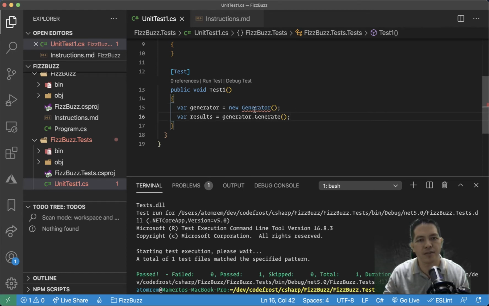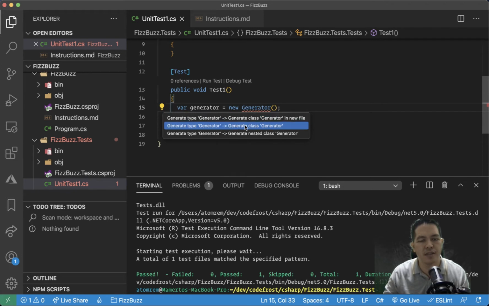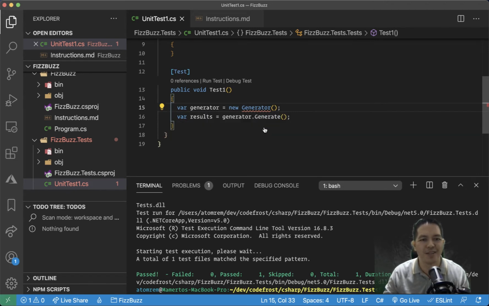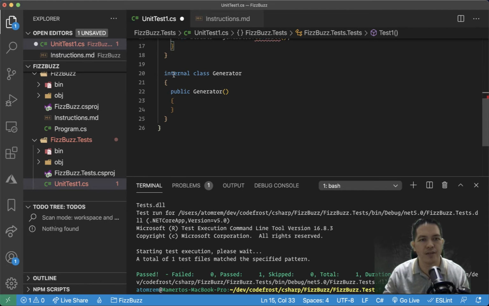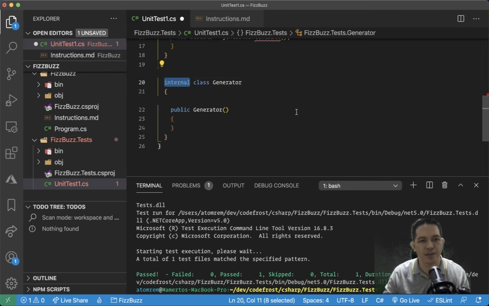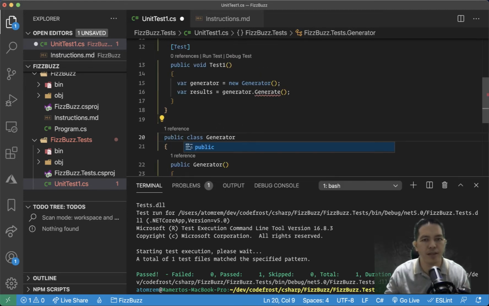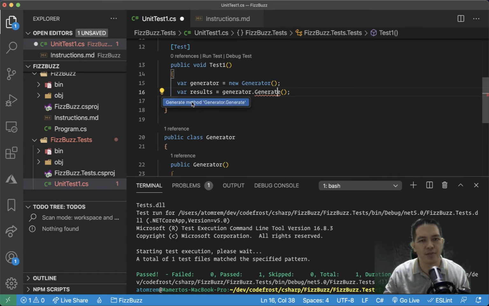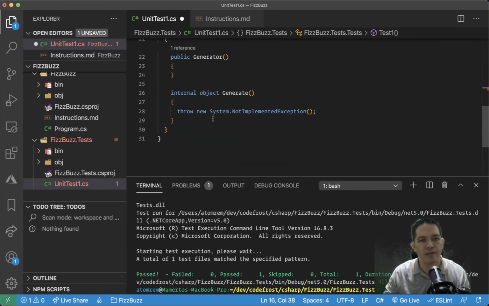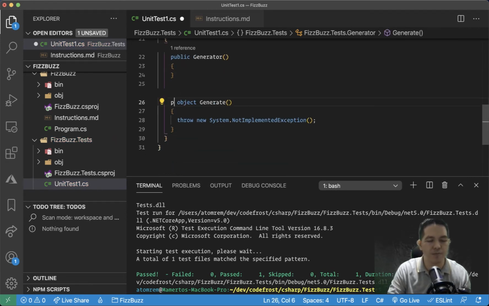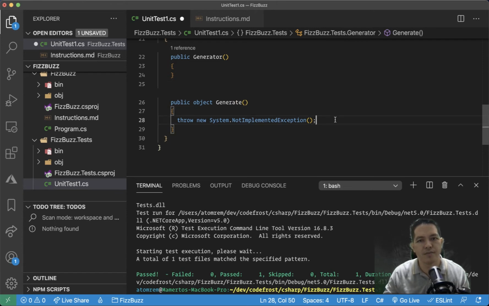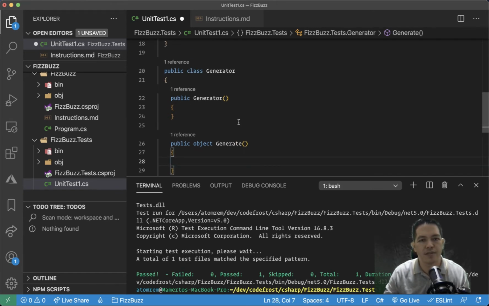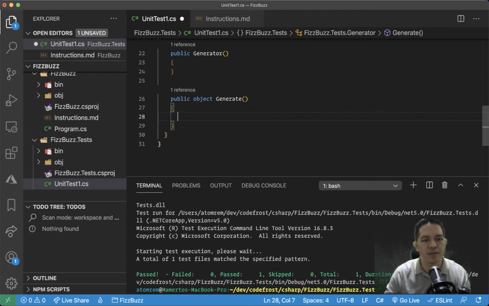So to do that, just click within that squiggly line, generator class, and then let's generate the generator class. So at first, within our unit test file as well, let's change this to public, and then let's generate the method as well. Okay, so let's change this to public. Let's remove this error throwing there, and then